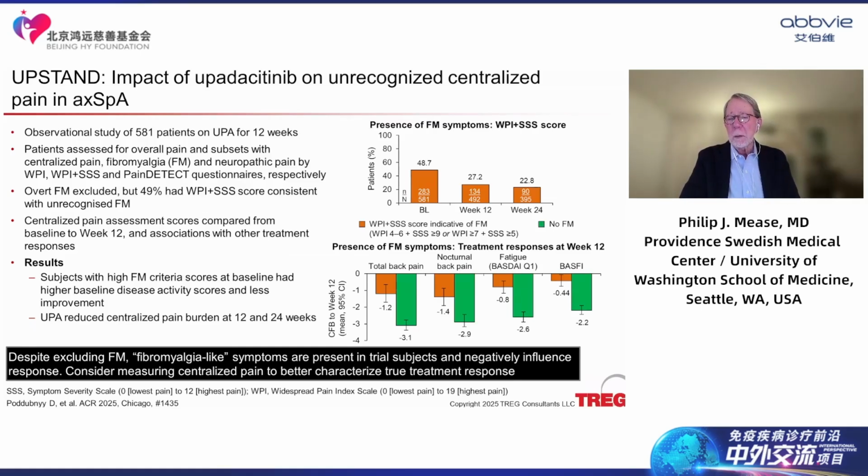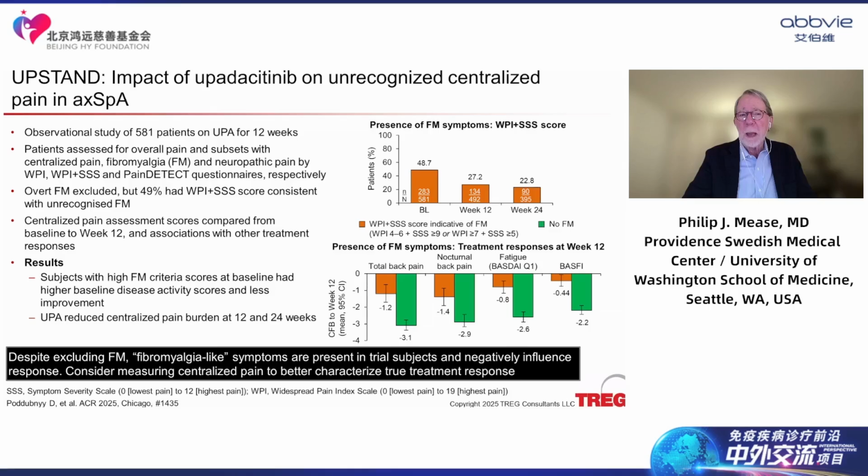And then our last study, this is my last slide, is the recently conducted UPSTAND study with upadacitinib. This is an open observational study of 581 patients being treated with upadacitinib for axial spondyloarthritis. It was conducted in Europe. And even though in this study, having a diagnosis of fibromyalgia was an exclusion criterion,